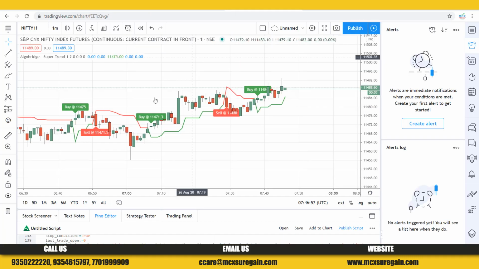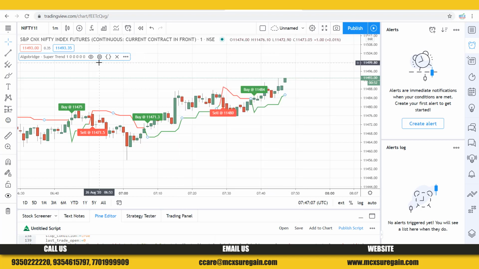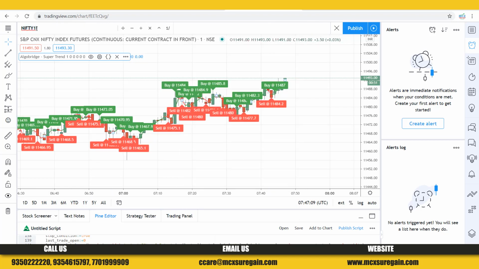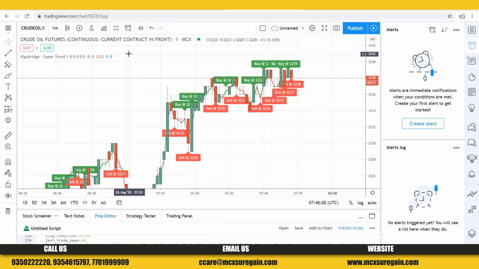So now this is the strategy. Guys, I'm going to change the parameters to very fast parameters so that it may produce early signals, and then we will be able to show you how the strategy will take the trades. Here also I'm going to change this symbol. Okay, so guys, I have changed the parameters as well as the symbol, and then I have to click on this setting button.